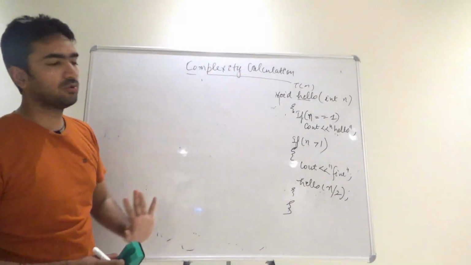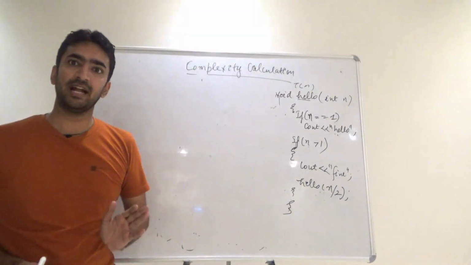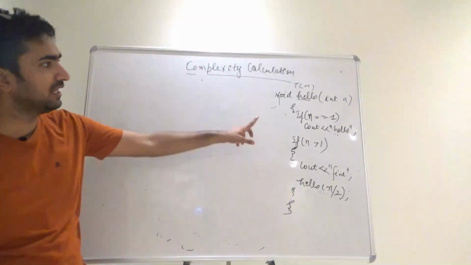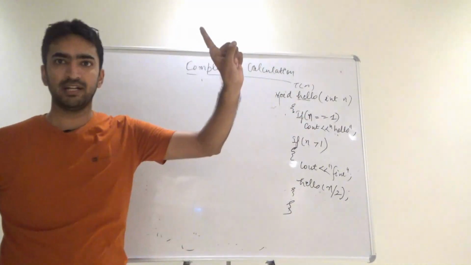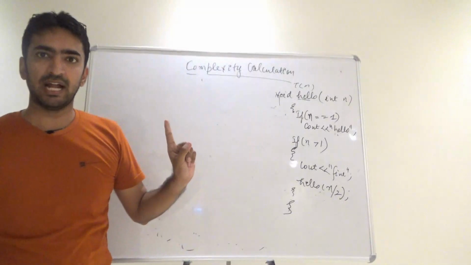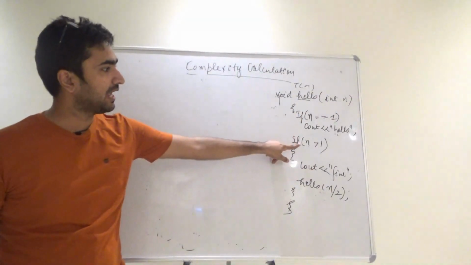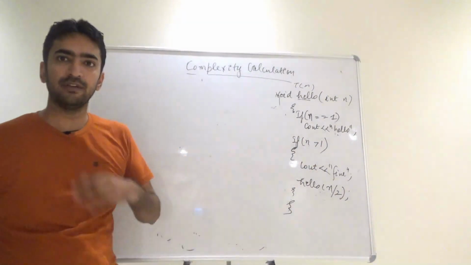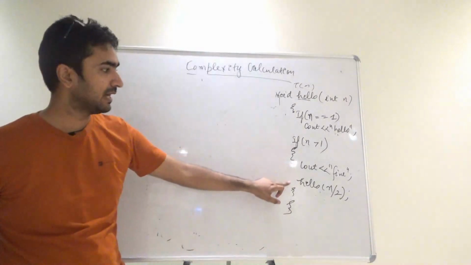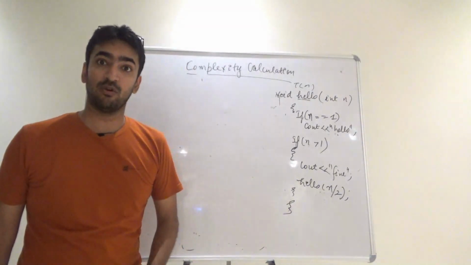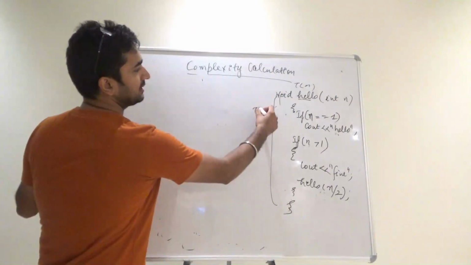Now, in this particular code, again the same concept applies: recursion will always end at some particular condition. We have clearly given that if n is equal to 1, it is going to display one time, so that will be the ending of recursion. If the n value is greater than 1, then it works for 1 time and then n by 2 times of hello. So, this entire code's time complexity again is T of n.